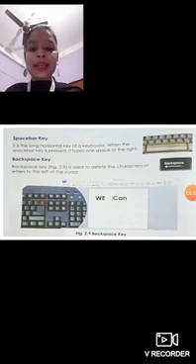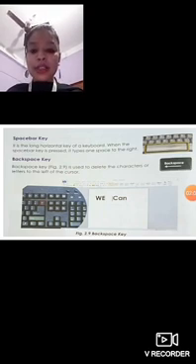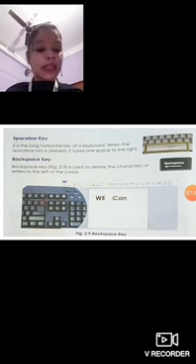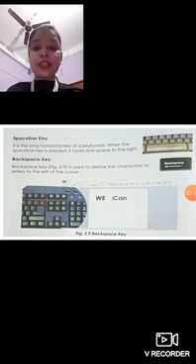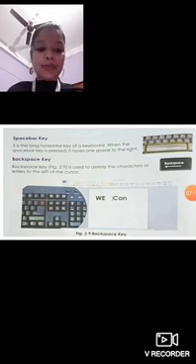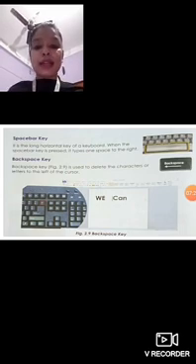The next is the backspace key. The backspace key is used to delete the characters or letters to the left of the cursor. The backspace key is at the middle part. An arrow sign is given pointing towards the left. Sometimes the word backspace is written and sometimes only the arrow sign is given. If you are typing something and you want to delete it, you can click the backspace key.